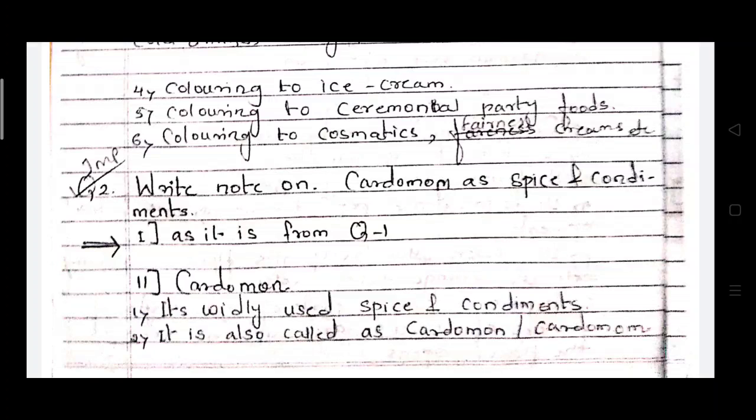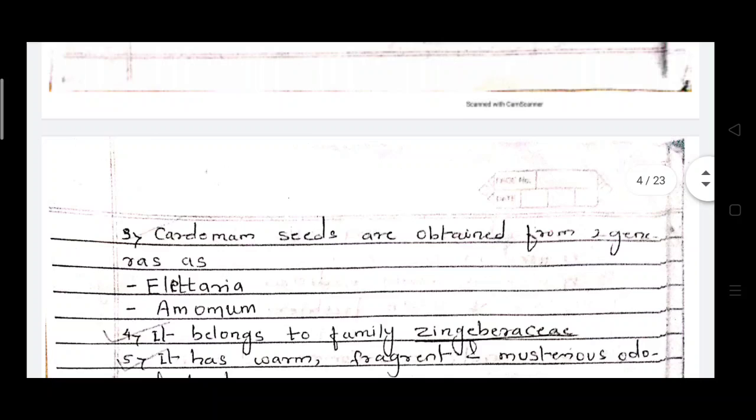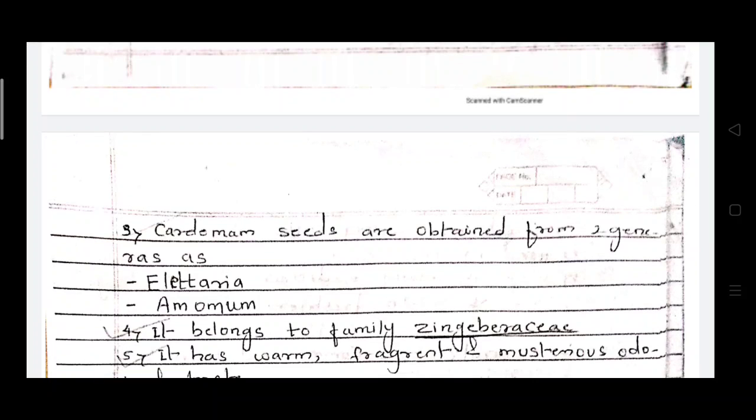Hello students. Today we discuss the next example of spices and condiments, that is cardamom. This is the introductory part of spices and condiments. Cardamom is a widely used spice and condiment. The cardamom seeds are